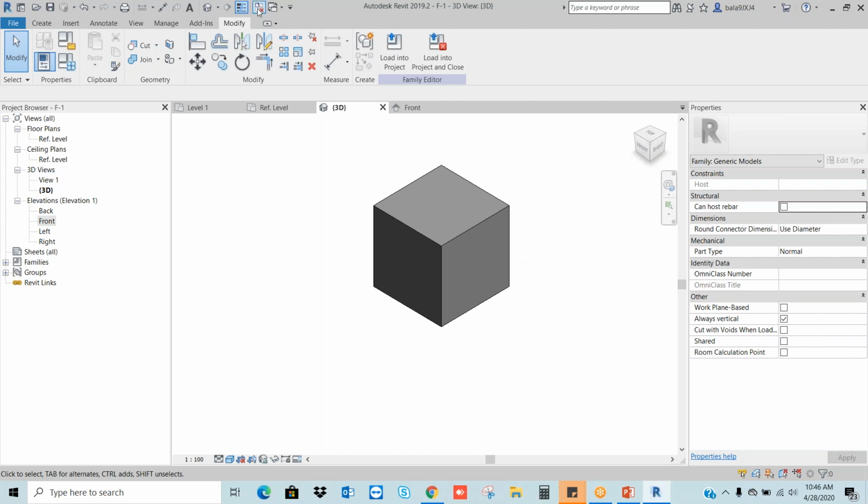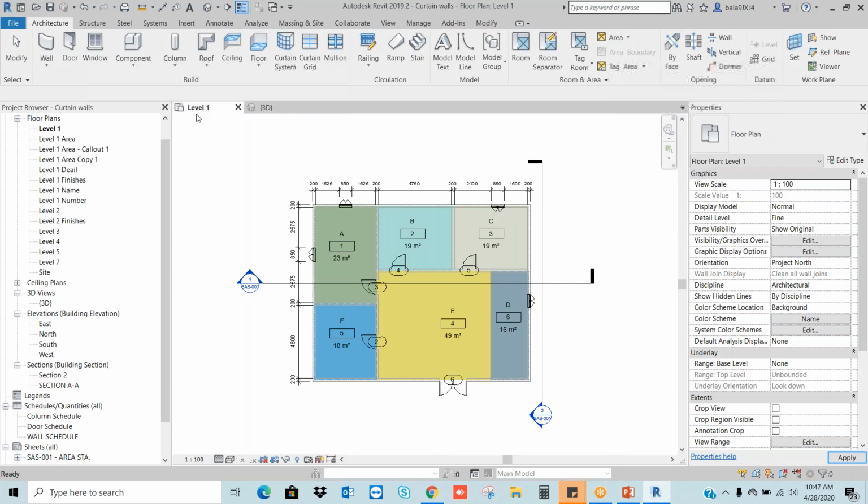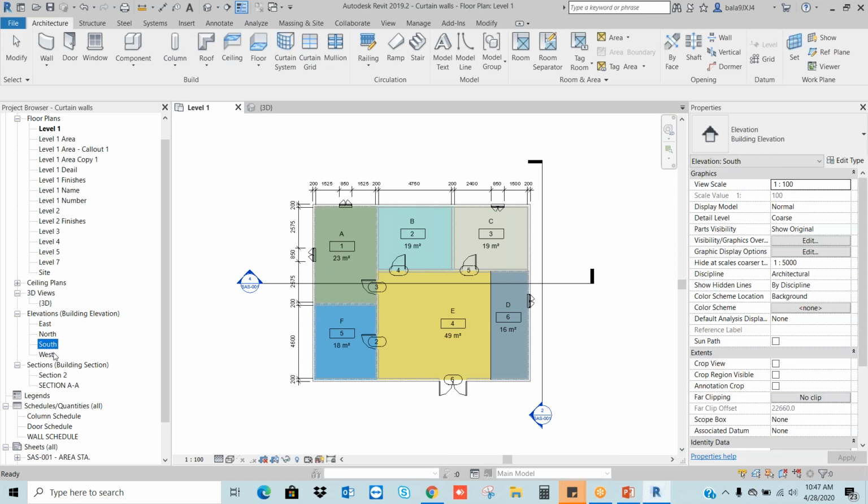If you go a little bit in depth, in our project, in the elevation, we can see the east, north, south, west, all directions of the building, because this is our site location.